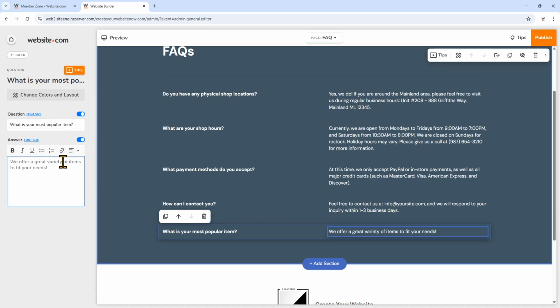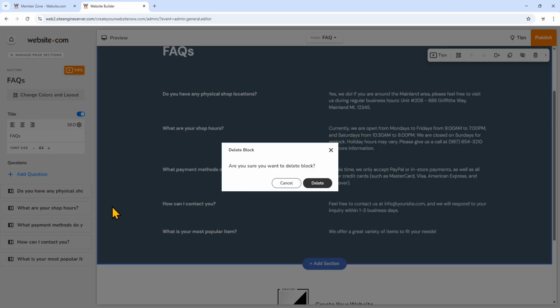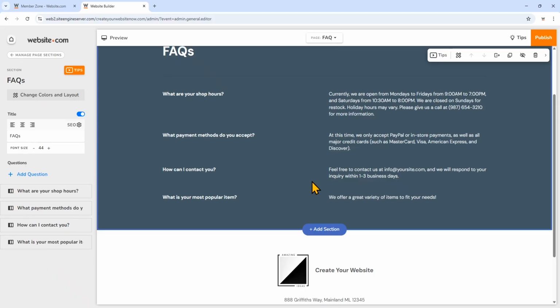And if we want to delete any of the questions, again, we'll click on the overarching section. If we want to delete this question right here, just click on the pencil icon beside it and then click Delete.